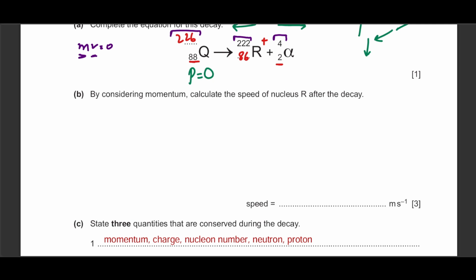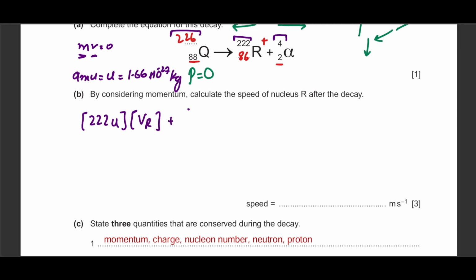There are two ways to look at this. Either we argue that the mass is 222 multiplied by u, because these are protons and neutrons, and the standard atomic mass unit, which is referred to as u, is 1.66 × 10^-27 kilograms. You can use this value, but you will see that you don't need to. So I'm going to leave u as it is. Mass multiplied by velocity of R, so I don't know that, so VR